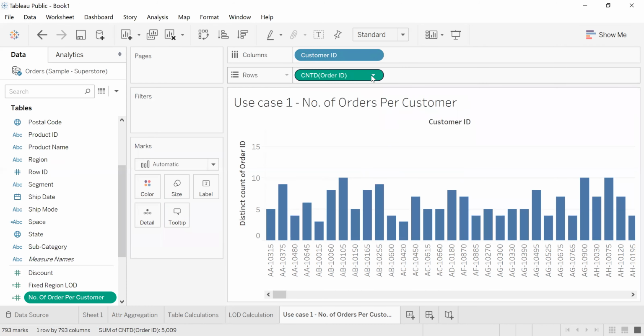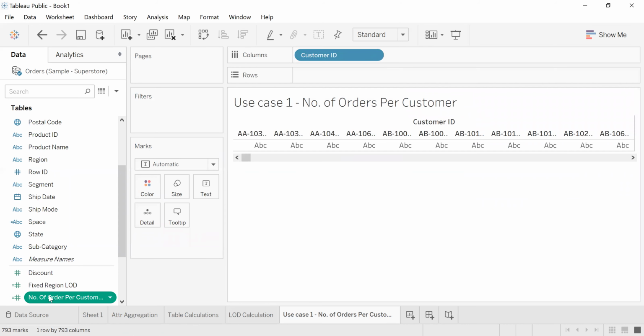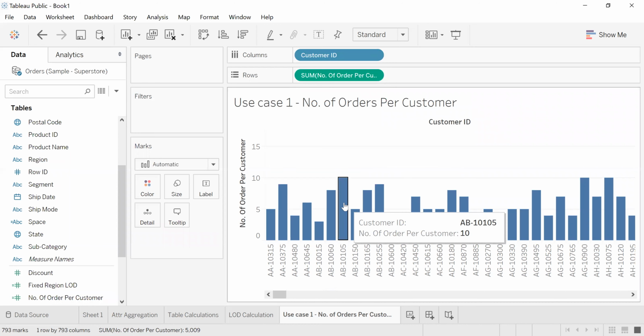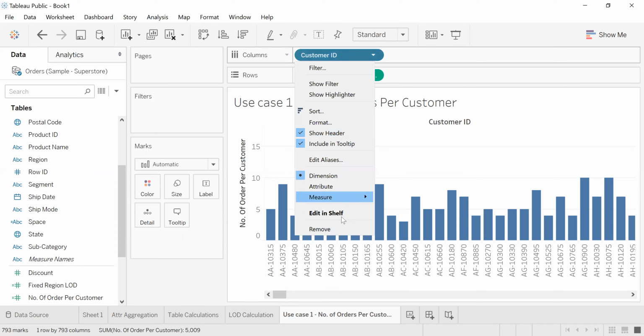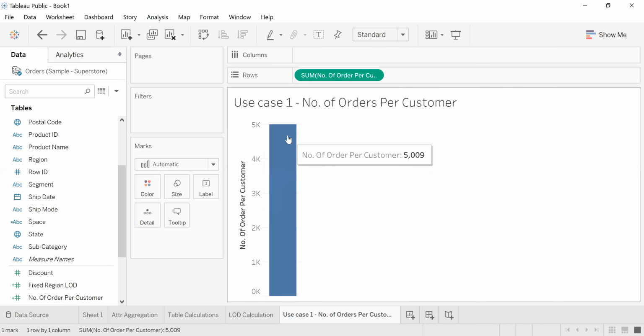And now let me remove this and bring it here. But see, it is again showing me as a number. And let me remove this. It is still showing me the total values.